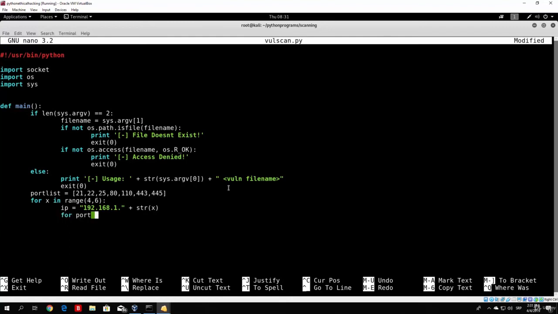in our port list, which is this right here, we want to actually run the same function as in the previous program, which is the return banner function. So let's just do that. So for port in port list, banner will equal return banner with the IP and port as the arguments for that function. And now we check if banner was received. So if banner was received from that certain port, we want to print